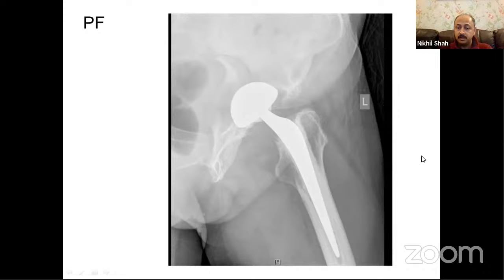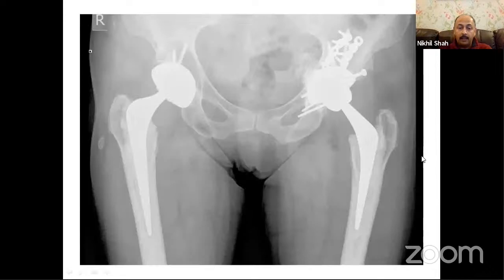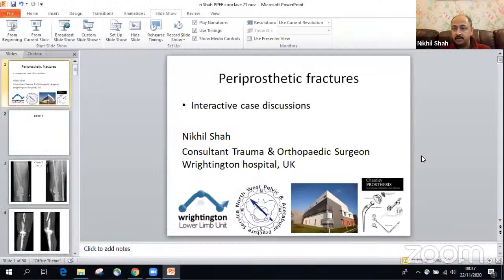The principles in this case are fixation of the columns of the acetabulum using a Kocher-Langenbeck approach, using an anterior retrograde screw from the posterior column to fix your anterior column, and then revise it with a trabecular metal or an ultraporous type cup, a double plate at the back of the column, bone graft for the central floor, which is quite deficient in these cases. And you can see the anterior screw that has been passed from the retrograde. And she's coming on nearly to 6 to 7 years now of follow-up. So that's it really. Those were the cases that I had. And I hope that they illustrate the point that Sanchit made.